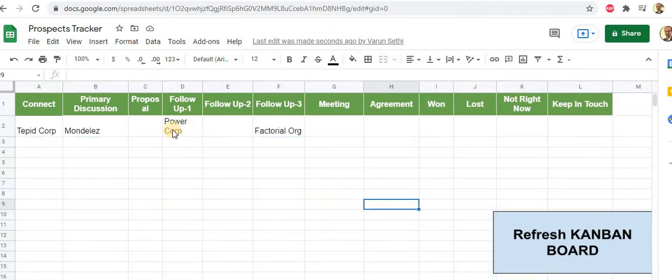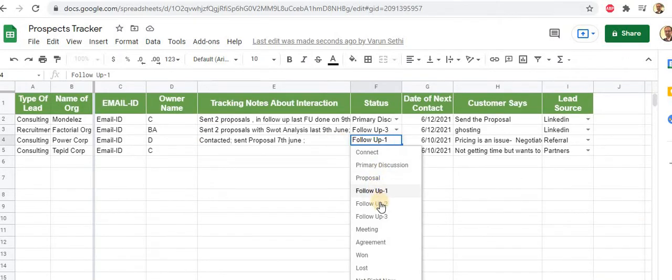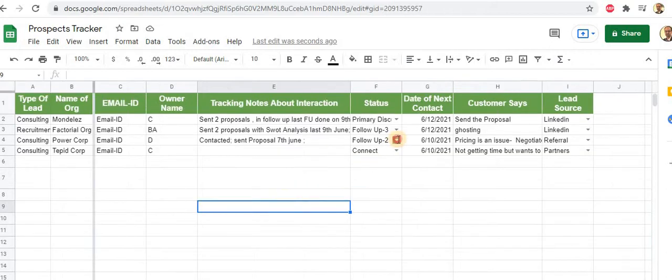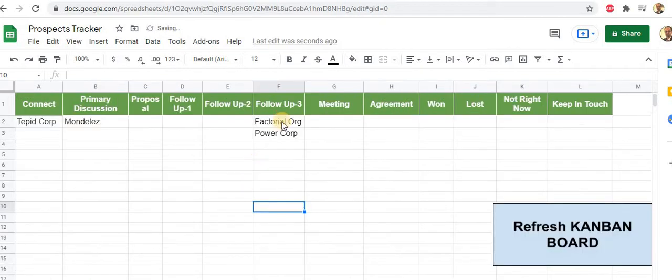Let's say Power Corp moves on to follow up 2, and I set it to follow up 2 and come back. There you go. You can refresh it anytime. That's perfect, there are no issues with that. Now when Power Corp goes to follow up 3, and I move one of these to another stage, we'll face the same problem.